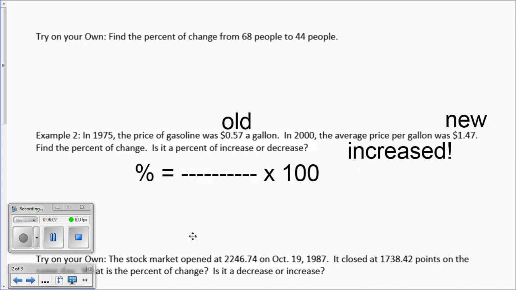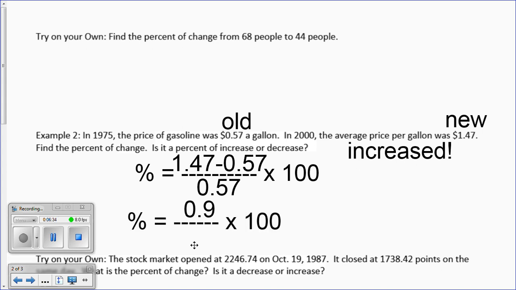So we set up our equation. So 1.47 is our new, minus our old, which is 57 cents. Okay, all of that over our old, which is 57 cents, and then we multiply it by 100. So again, first thing we're going to do is subtraction, because we need to get this to a single number. 1.47 minus 0.57, that actually comes out to be 90 cents, or 0.9, over the